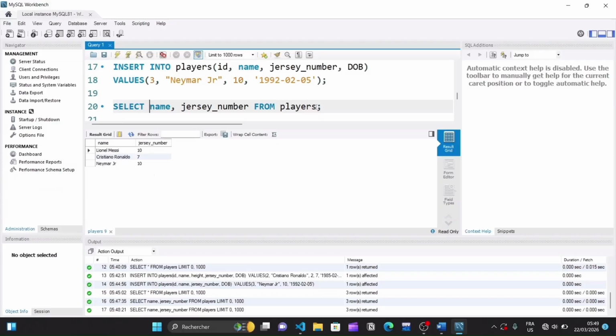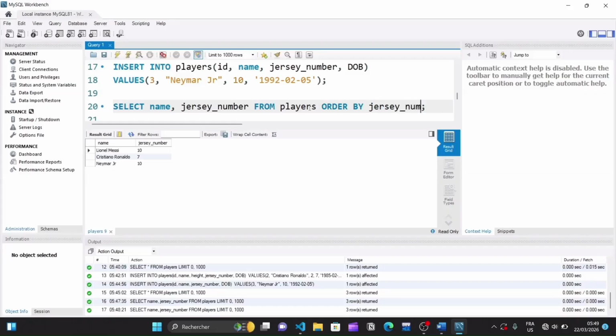In order to do that, I can use the order by attribute. So I will say from players and then give some space and write order by. There's actually a space between order and by. So what I'm saying here is that I want to select the name and jersey number from players, but ordered by another attribute instead of their default insertion order. So I'll give the name of the attribute which I want to rank them by, which is going to be